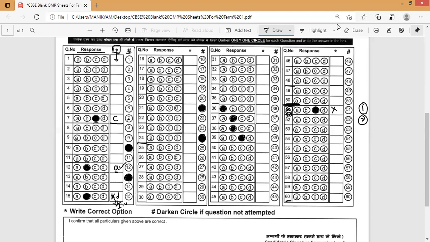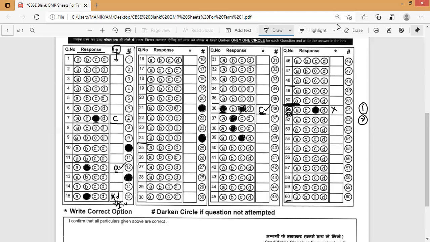Now, for example, suppose I am not satisfied with option A for question 36, and I feel option C is the correct answer. If you have not written in the star row, this column, then you can write that option C is the correct answer. Then it is considered. So here we need not bubble again a second time. This is wrong. We need not bubble. Just write the final answer here.